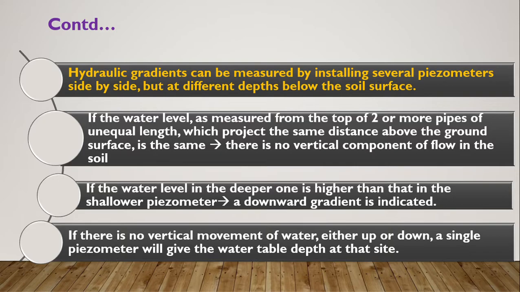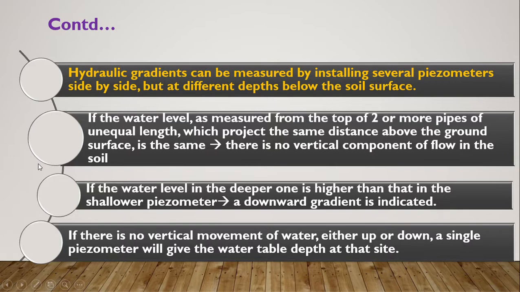And if two piezometers are placed, and you are measuring the levels of water in the piezometers, now if you see that the levels of water in the two piezometers side by side are different, okay, if one piezometer has a lesser amount of water and another piezometer has a higher amount of water, then we can say that there is a slope, there is a hydraulic gradient there. Okay, so the flow of water will be from the higher piezometric level to the lower piezometric level. So that is how we can find the hydraulic gradient using piezometer readings.